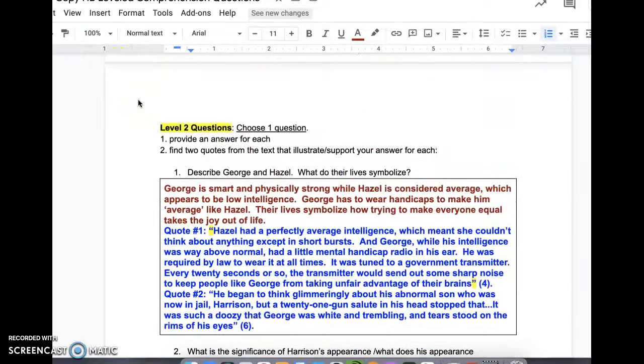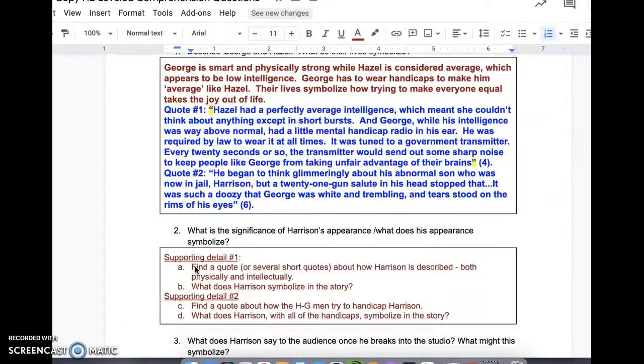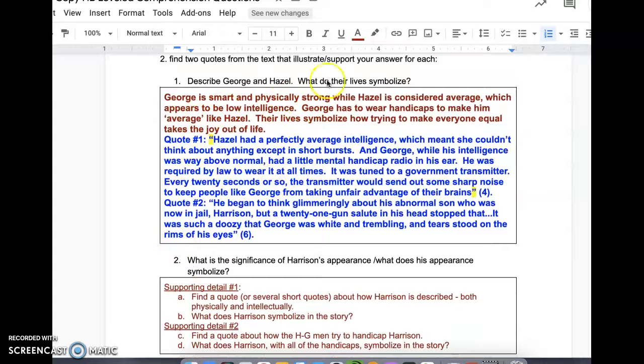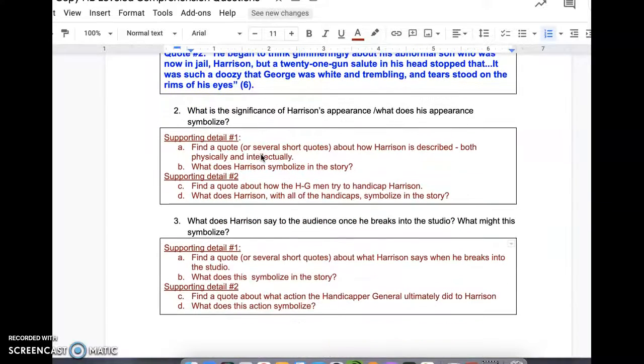Now, your document for these leveled questions, you should have the level 1 questions all answered, and then you should have copied what I had for this level. We're on level 2 questions, and this is going to be my example as I work through the essay. And this is not for you to be using because I'm doing it as an example. What you're going to do is pick one of these 2 questions, and you're going to be writing based on one of these 2 questions.